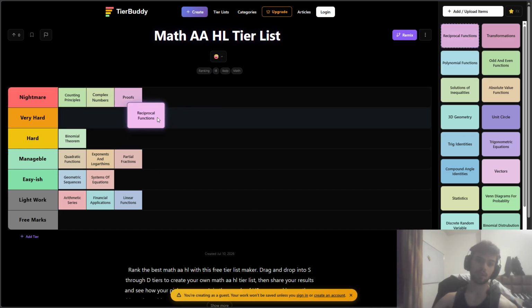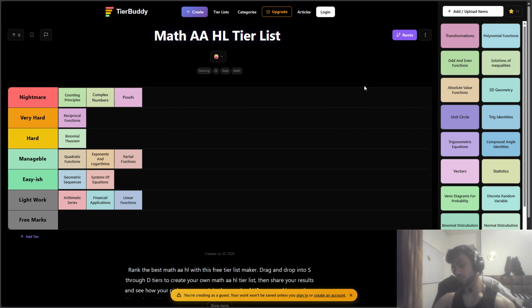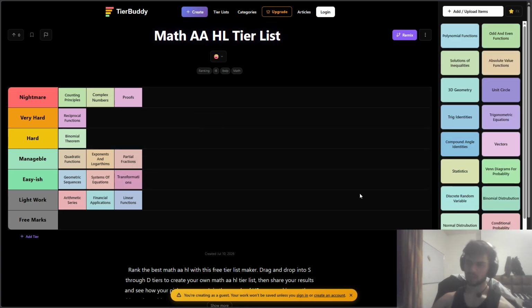Reciprocal functions, very hard, garbage, garbage, trash. Of course, you have the horizontal asymptote, the vertical asymptote, and stuff. But then sometimes you get something with an oblique asymptote, and then you have to sketch them and the absolute value of the reciprocal function, and then it's a quadratic. And please give me transformations. Very fun, very easy to understand topic. I want to say it's easy-ish, very fun topic. I like it.